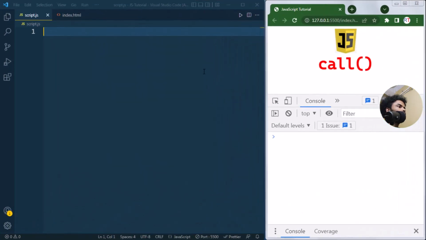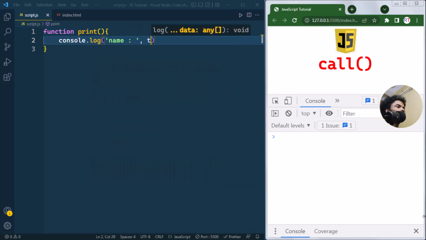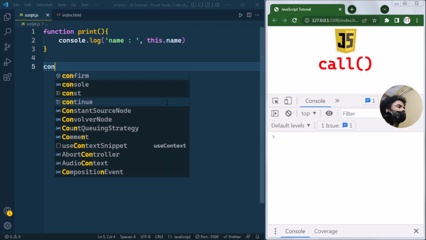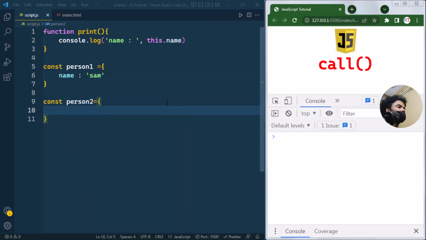For example, we have one function called print, and this function just console logs the name. We're going to print this.name. Now suppose we have an object person1 with the name property and another object person2 with the name as Ram. So here we have two objects and one function. Here the print method belongs to the global object. Normally the object person2 or person1 cannot use the print function, but with the use of the call method